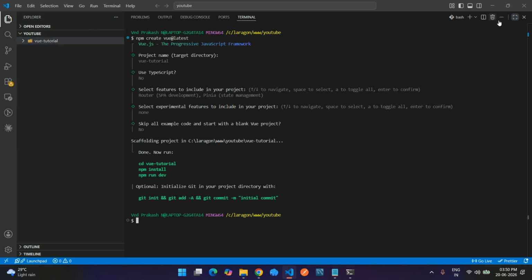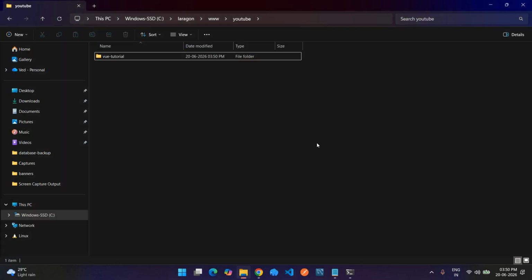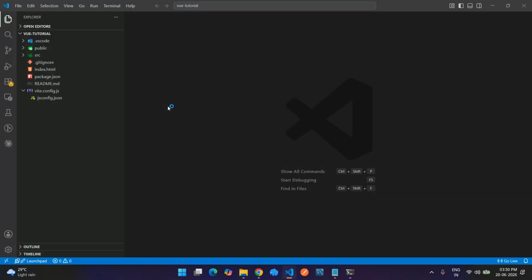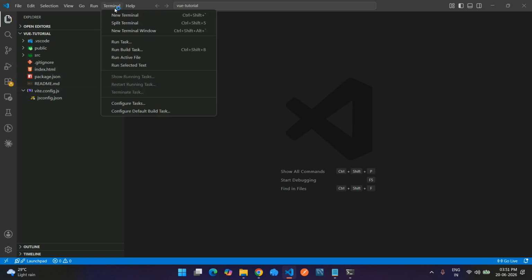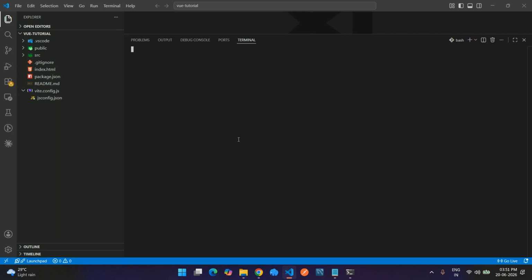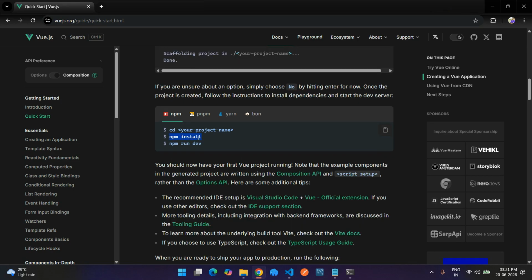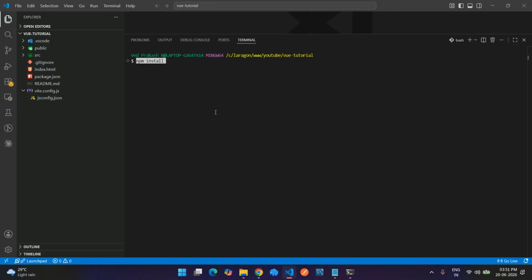So let me close this VS Code editor, and this is the project which is inside this. Okay, so right click on this and open with code. Cool. So our Vue project is open here, and now let's open the terminal and follow the command, and here it is npm install and npm run dev. So first let us install all the packages. Right click on the mouse and hit enter,